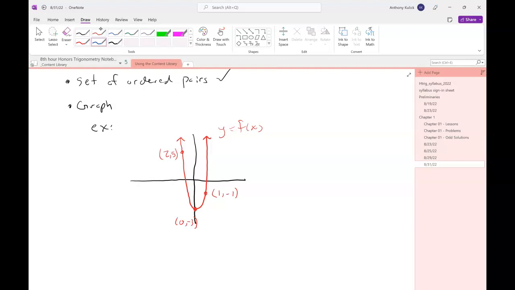So what do I do with this? Well, I would start. Notice I'm given 3 coordinates. What do you think I'm going to do with those? Switch the x and y's and plot them, right? So (2, 5), I'm going to plot as (5, 2). (1, -1), I'm going to plot as (-1, 1). And then (0, -3), I'm going to plot as,